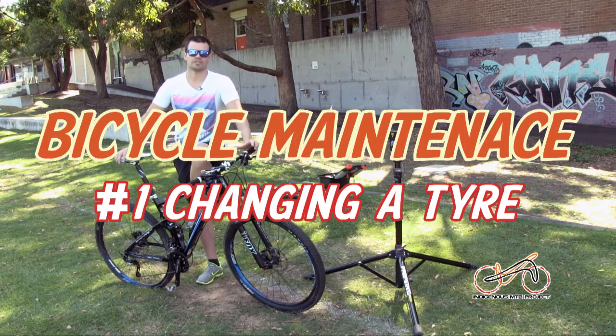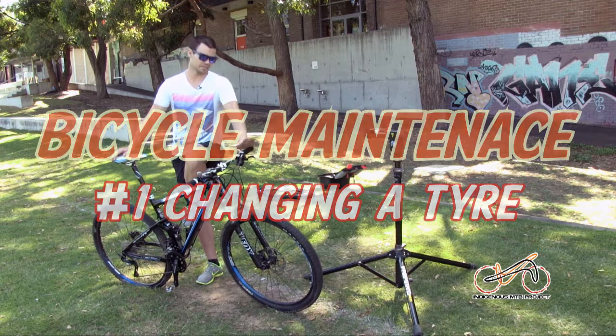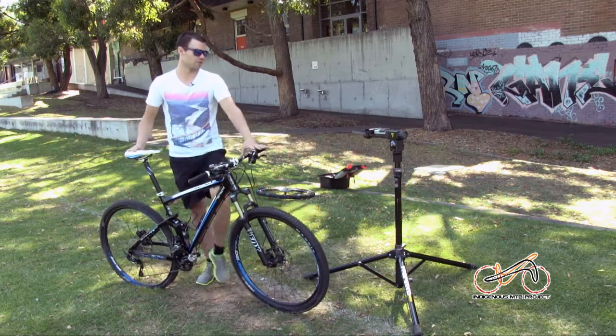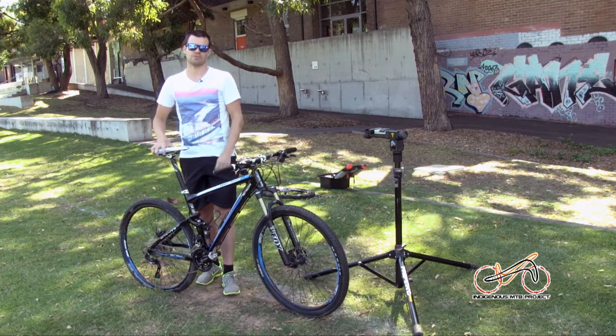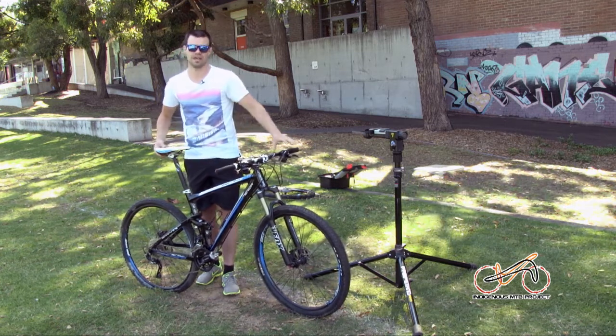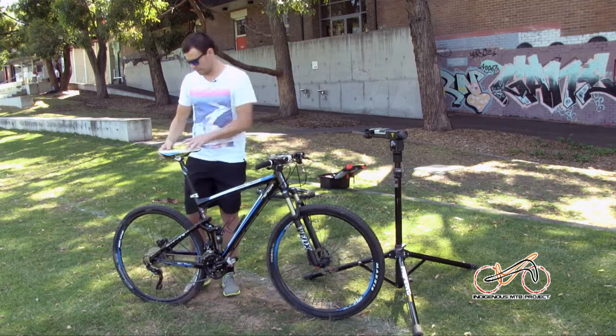So today we're just going to look at some basic maintenance tips, a pre-ride check, and just how to do the basics like change the tyre. So today obviously we've got a home base, so we're not actually out on the road doing it, but same basics to look at. First of all, what we need to do is get the chain in the right spot